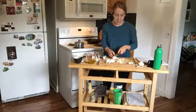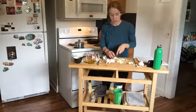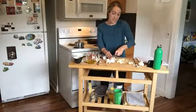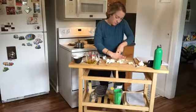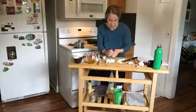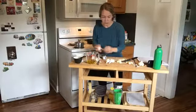My husband actually came in here because I have some roasted garlic cooking, and he thought that I made garlic bread, which I most definitely did not. I'll try to cut through that a little bit, but it's because I have this roasted garlic